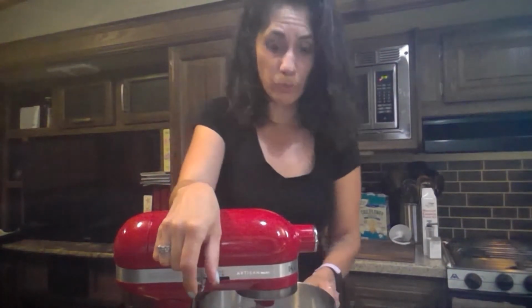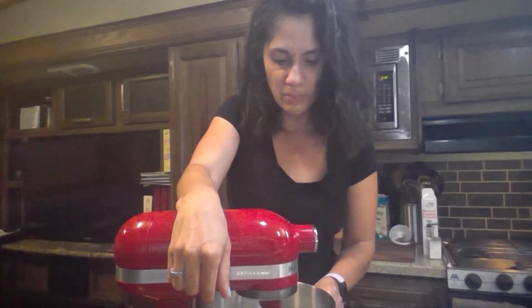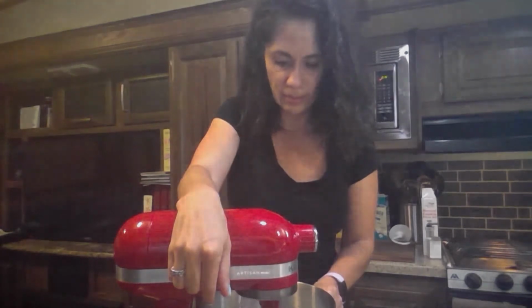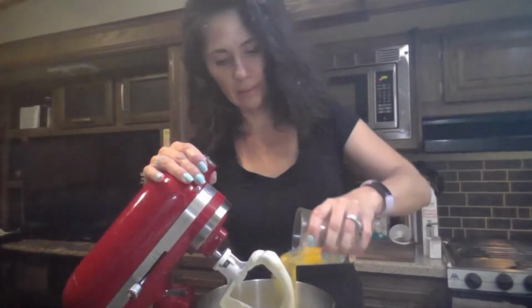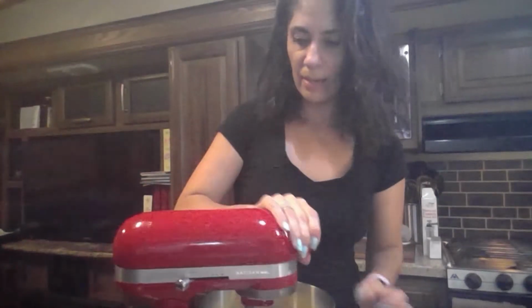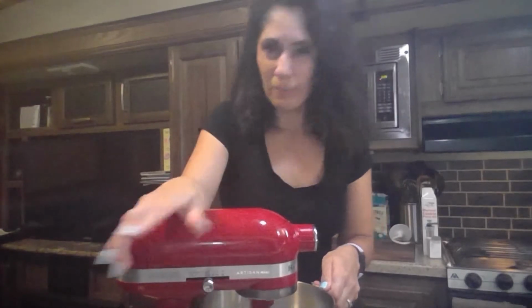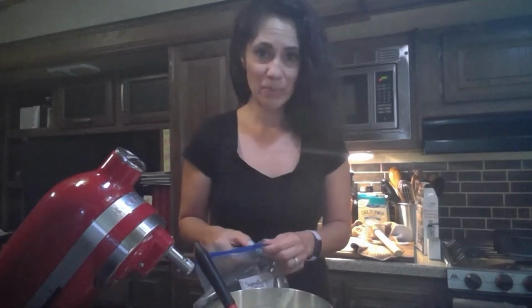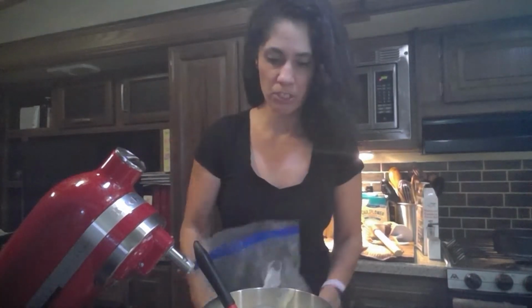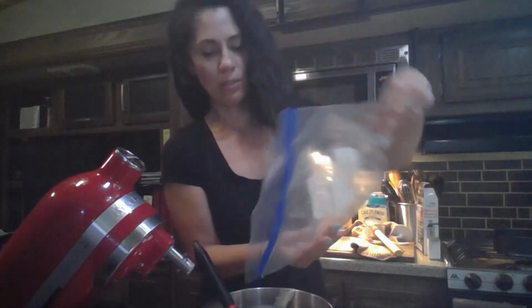I said the eggs are room temperature, and we're going to use 3 eggs for this. Just get this mixed up, and then I'll get the eggs. Now I'm adding in the 3 eggs, and we'll just mix that until they're all mixed in, or maybe just like a minute. Now I'm just going to fold in coarsely chopped Oreos. We'll just fold that in,